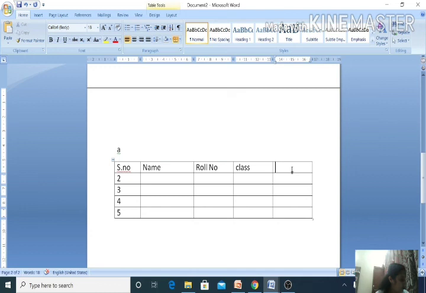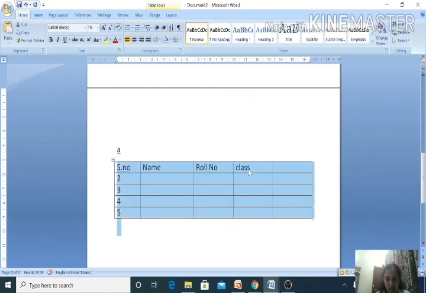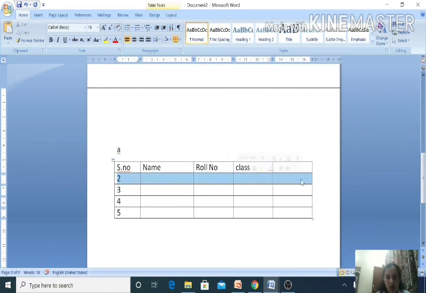After that, if you want to see what is a column, this is your column: name, roll numbers, class. Then if I want to see a row, this is a row. मतलब 2 नंबर जो सीरियल नंबर स्टूडेंट का है उसका सारा रिकॉर्ड इस पर्टिकुलर रो के अंदर आएगा. That is known as your record.